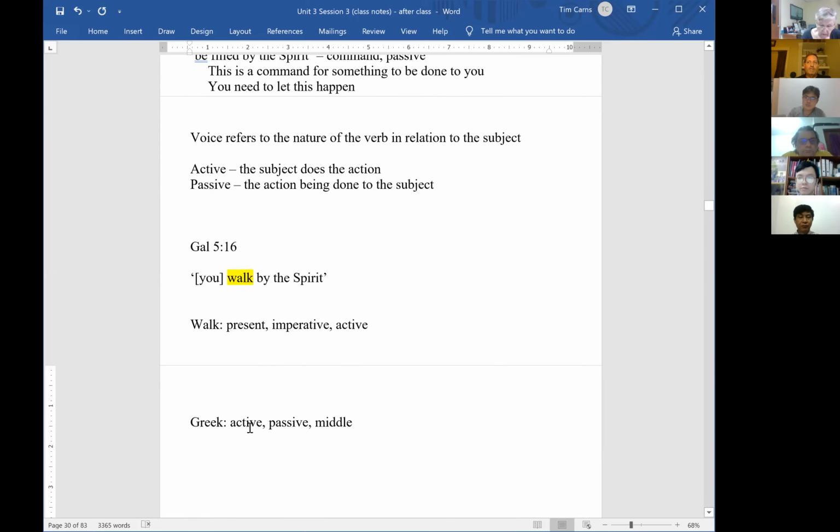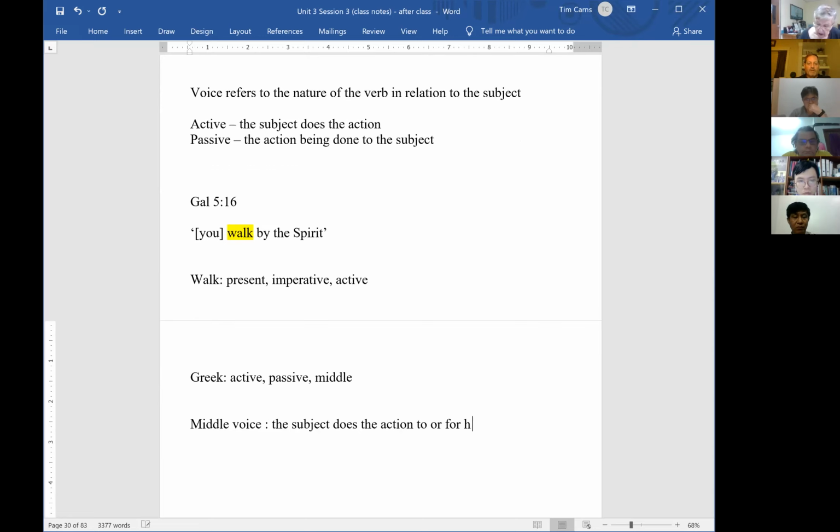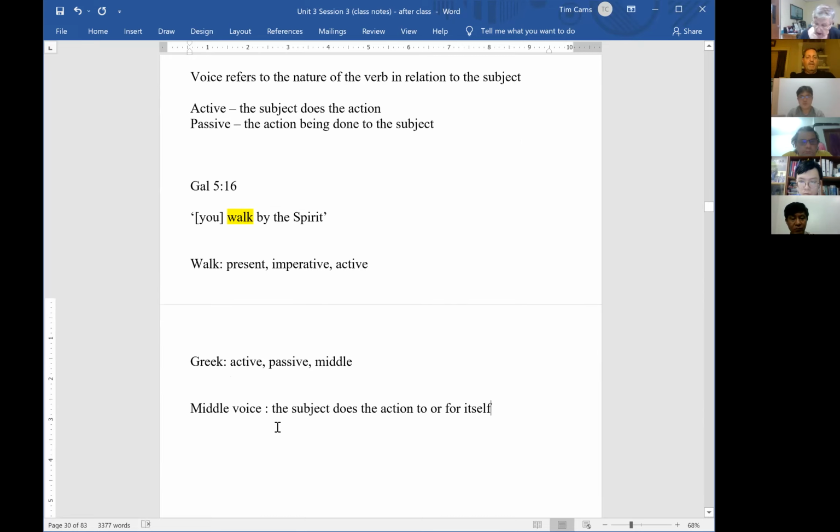Now, a middle voice is where the subject does the action to or for himself or herself. Maybe I should say itself. So implied in a middle voice will be the idea of